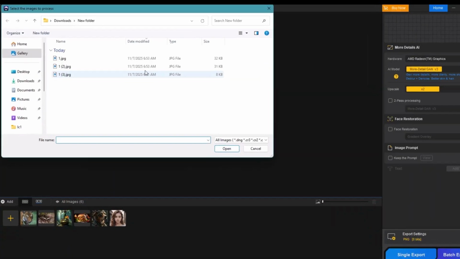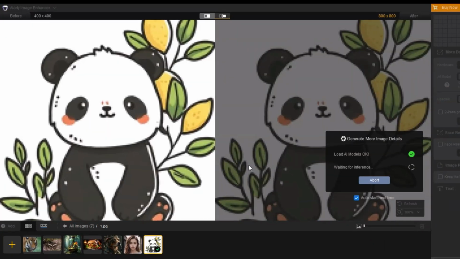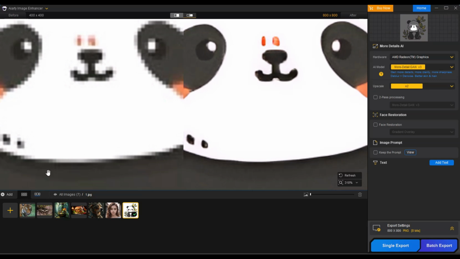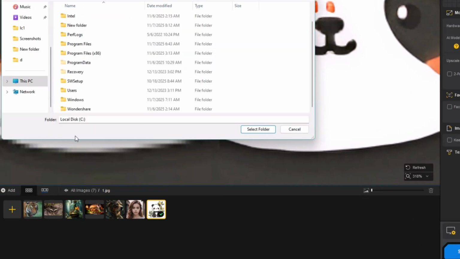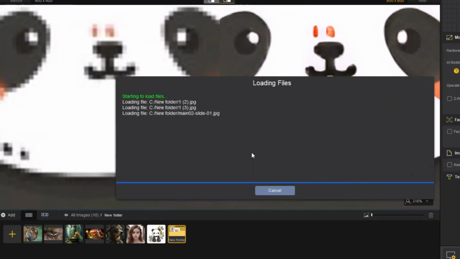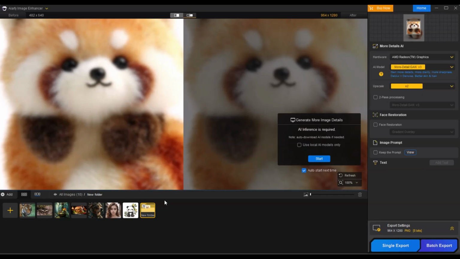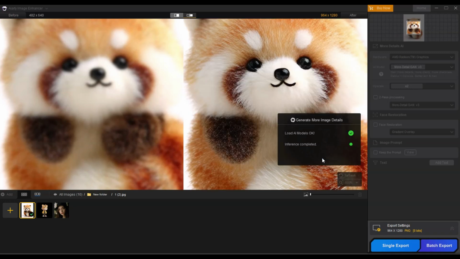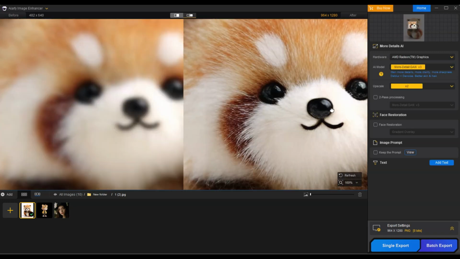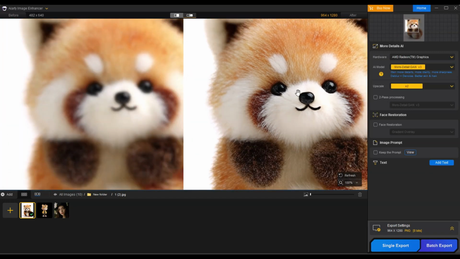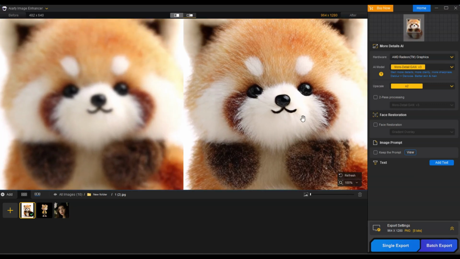You can easily add a single image, multiple images, or even an entire folder, all in just a few clicks. If you import a folder, simply double-click to view all the images inside. By default, your image will appear at 100% zoom level, but you can adjust the zoom anytime to closely inspect